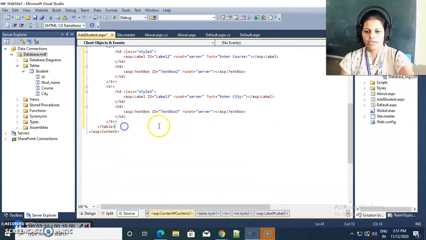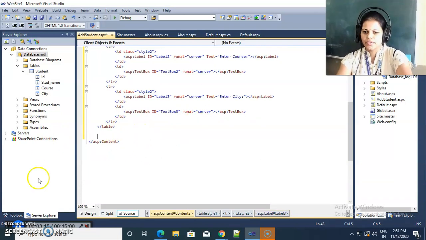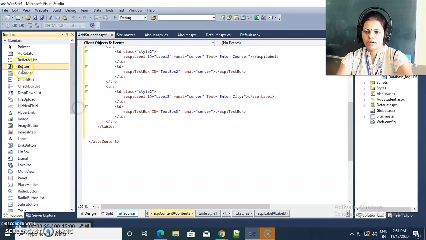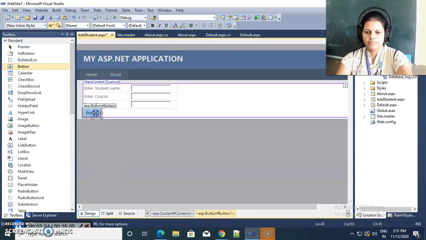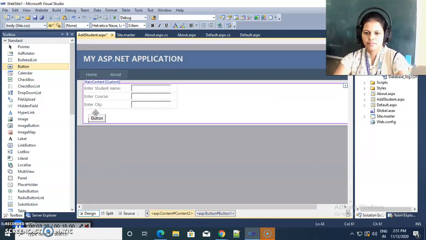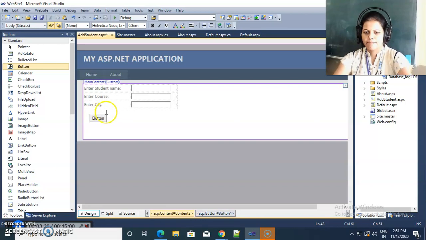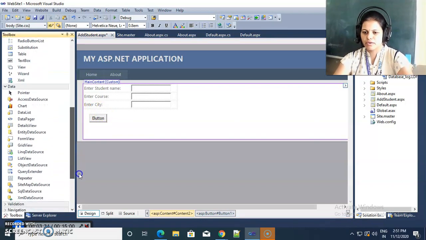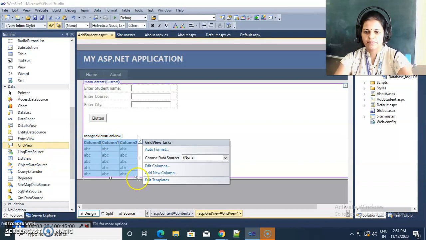Now here the table is ended, and after this table I am taking one button for adding the data. So here is my button, and then I am taking one grid view to show whatever data is present inside that student table.